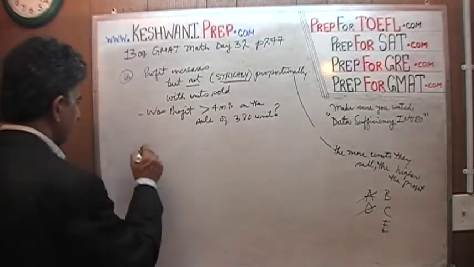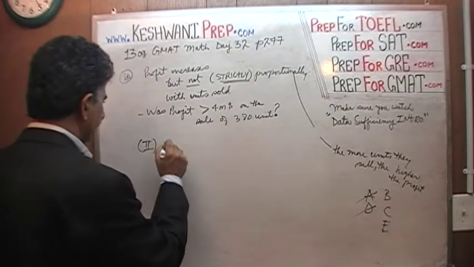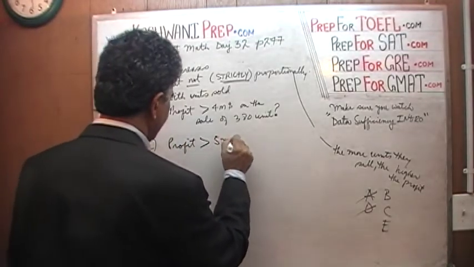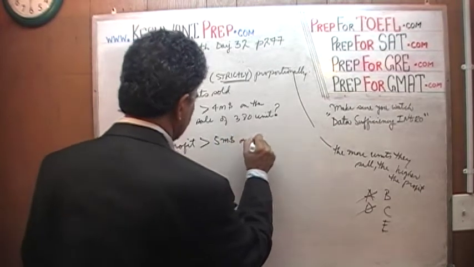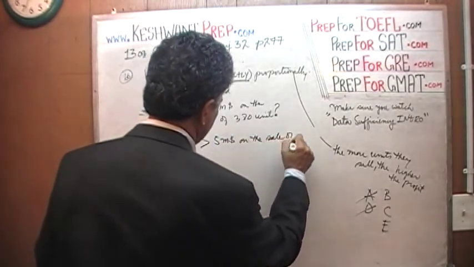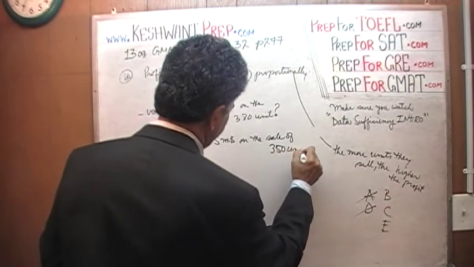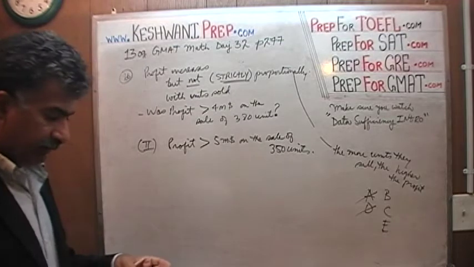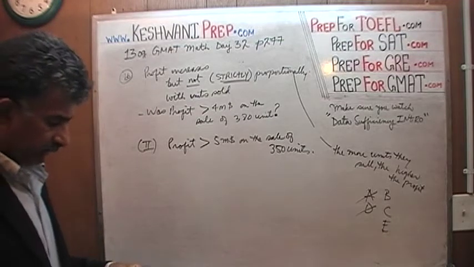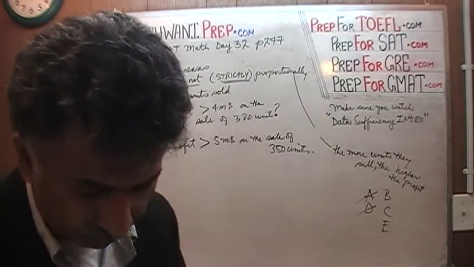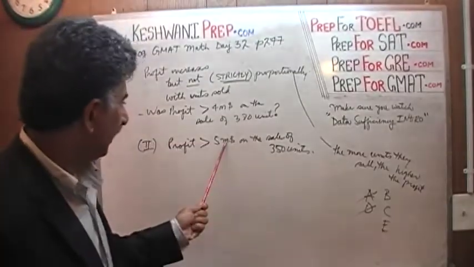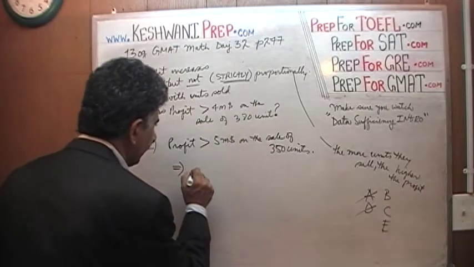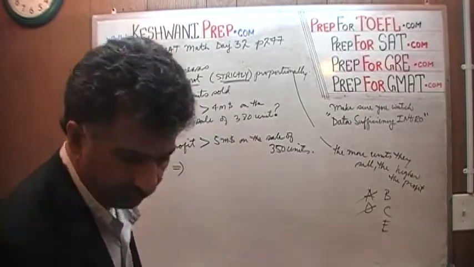In the second statement, they tell us that the profit they made was more than $5 million on the sale of 350 units. Aha! If the profit already exceeded $5 million on a sale of 350 units,